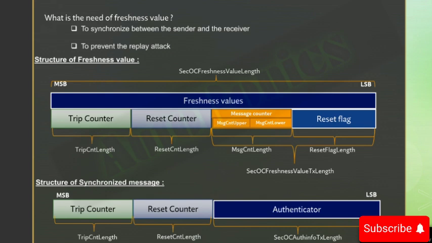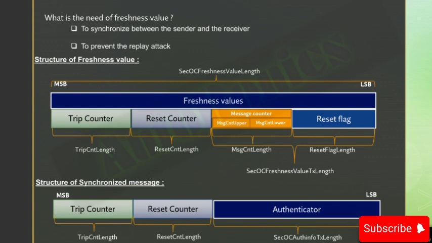Let's see about the reset counter. Reset counter is incremented periodically by the ECU on the reset cycle. This is also a counter which will be sent from the sender ECU as a synchronous message to the receiver ECU. Let's see about the message counter. This counter is incremented with every secure message transmission by the sender ECU.